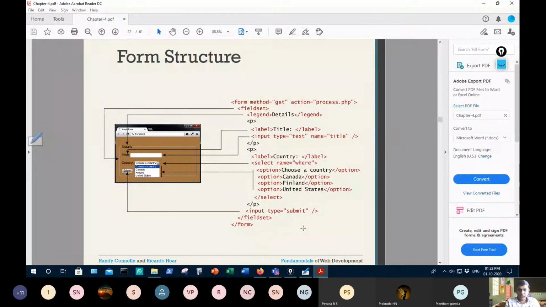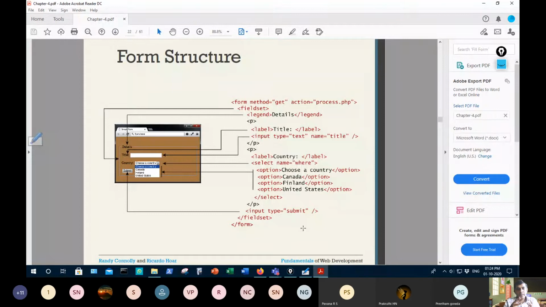Then it may ask for USN, then email, then the date of birth, like this. So they are all related elements. Name is related to USN, USN is related to date of birth, and date of birth is also related to sex.